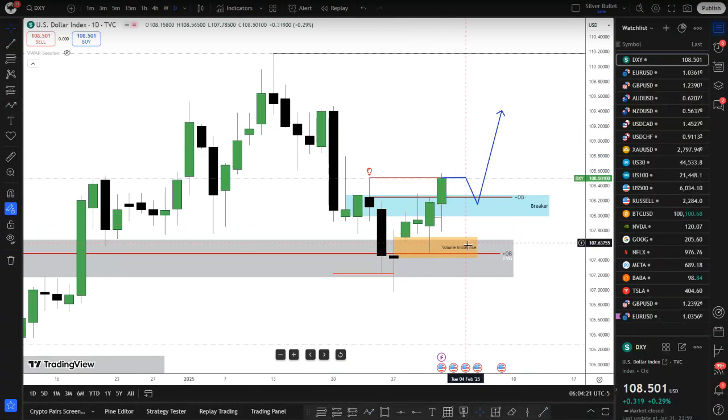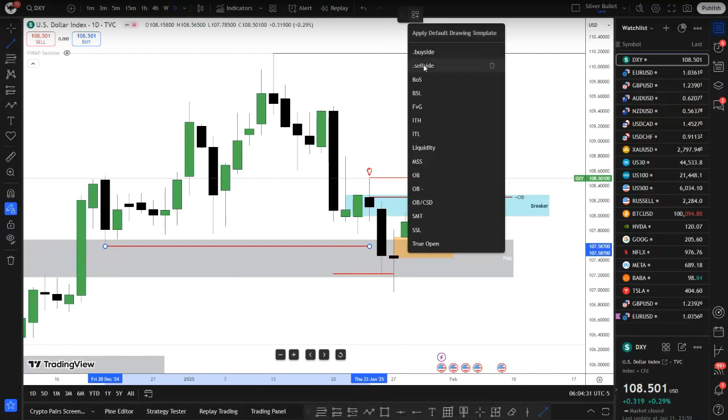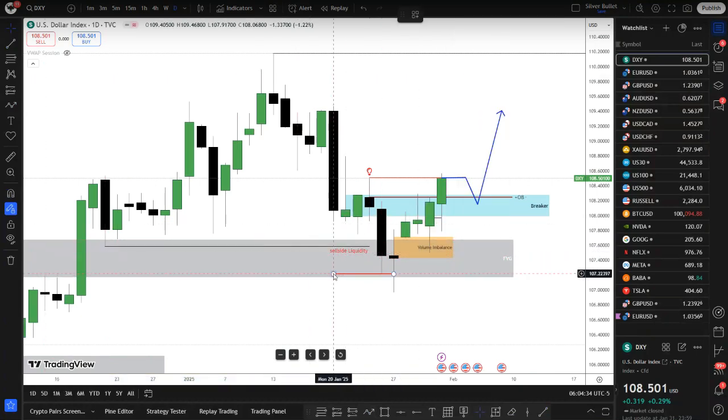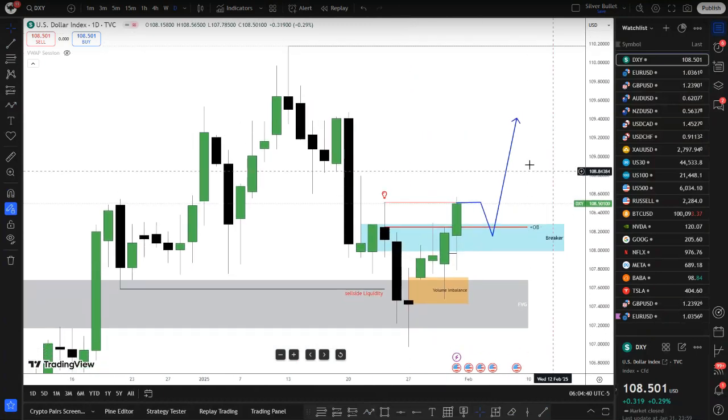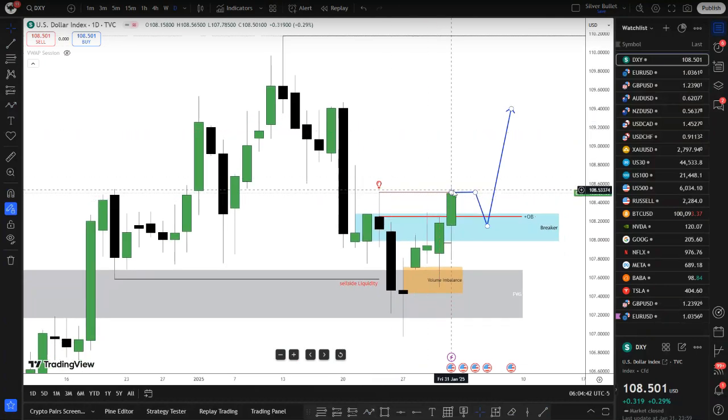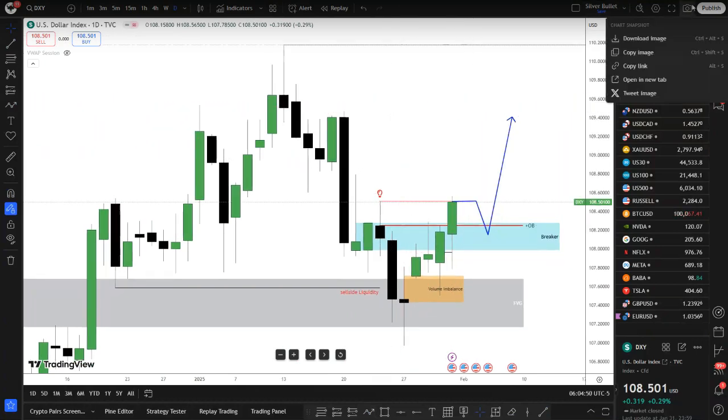I want to see here, this is the dollar index, aka DXY. DXY is set up for liquidity down to this level. Let's remove this here. This is simply what I'm expecting for this week, looking at the dollar index. All in all, I am bullish. However, I still want to see Monday or Tuesday giving us the low of the week before we can push higher to create a new high of the week. So DXY, the dollar, for this week, I am bullish.